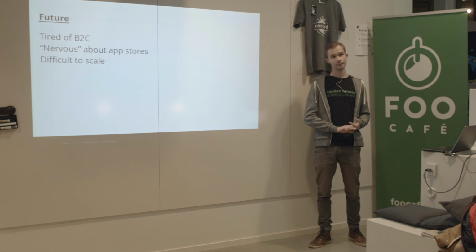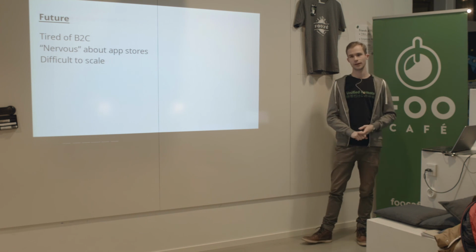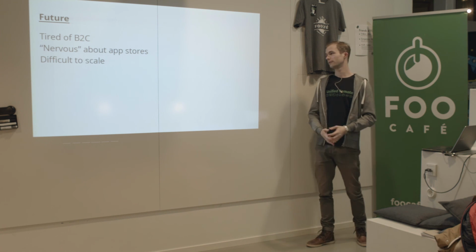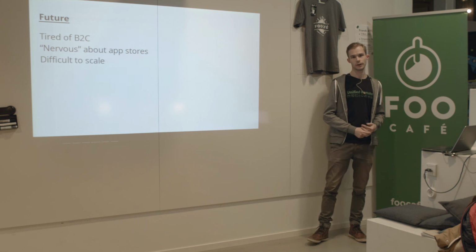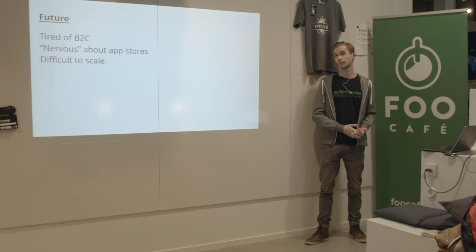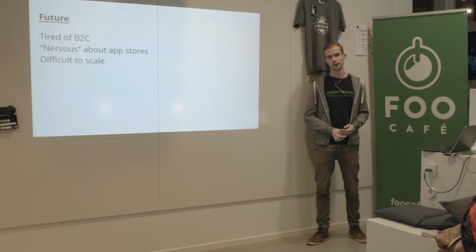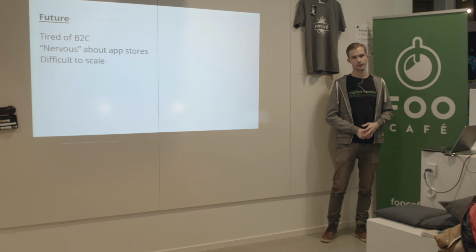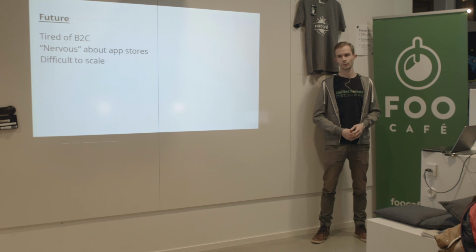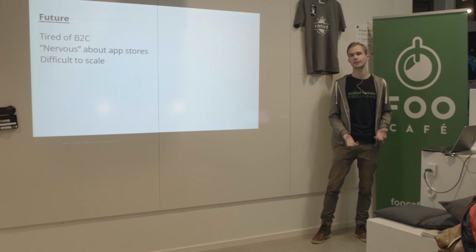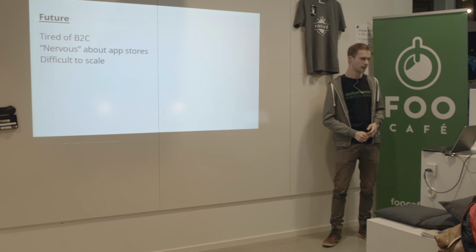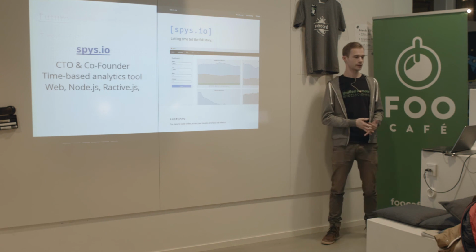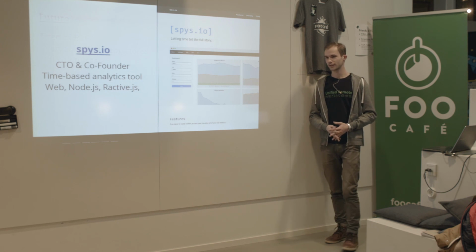And we have been struggling a bit with actually scaling our product even more. I should say that it is a very well-received app. We're one of the top apps on Android primarily. We're just about to hit 5 million downloads and just gone over 200,000 customers. So it has been a really successful thing for us. But lately we've been trying to figure out what can we do to actually make this accelerate more, and it's been kind of tricky. So we just recently started a new project which we're calling Spies.io,